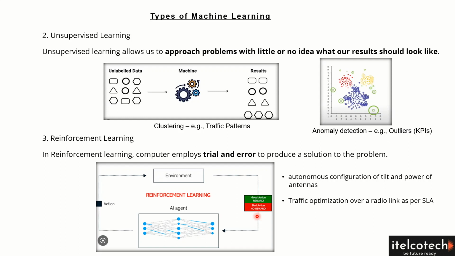So with every iteration, it keeps checking whether it is working fine. It will be rewarded every time, and if it is rewarded more, it will be considered a better machine learning model. Whereas in case of a bad action, it will be penalized every time, and in that case this machine learning model will not be used. So this is how reinforcement learning works in a real case scenario.